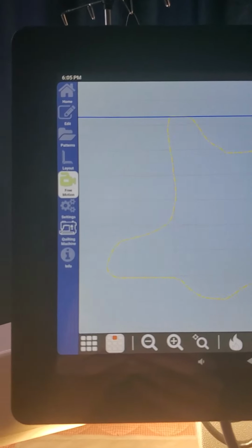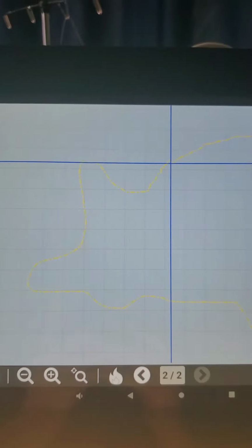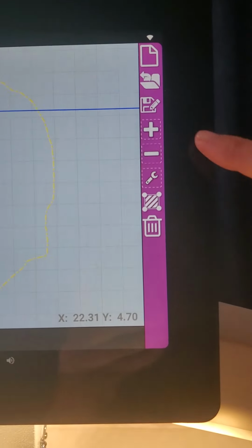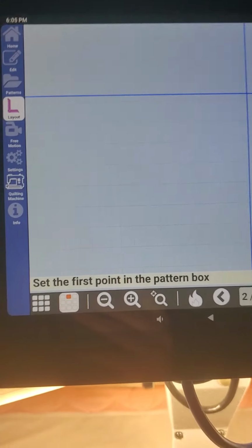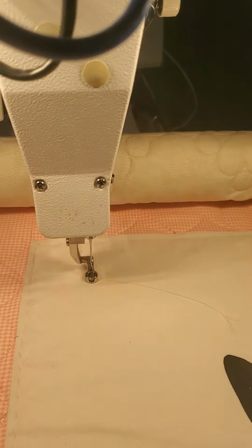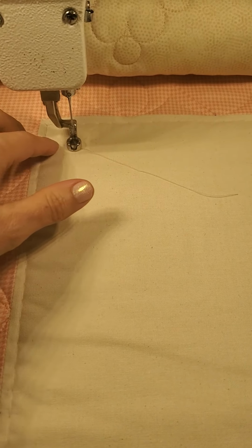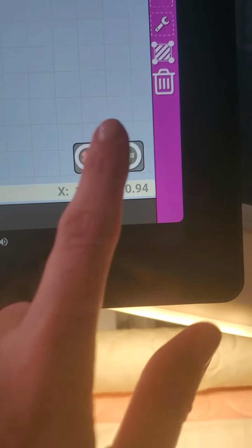The next thing we're gonna do is go back to layout. So I'm gonna hit my layout button, and you can see my little fox outline or applique is still sitting there on the display, but I'm gonna come over to the right-hand side and hit my plus sign to add a new layout. My directions go as normal to set the points of my pattern box. So I'm gonna go ahead and line up with the little marks that I've already put on my fabric. Remember, I said that I'm gonna stitch some ribbon down. So I'm gonna make this in about 1 inch on all 4 corners. So I'm gonna set my first point,